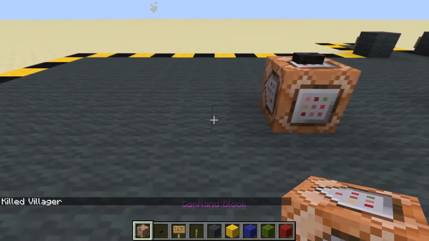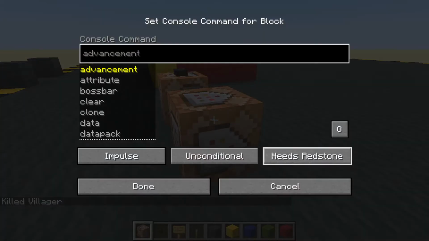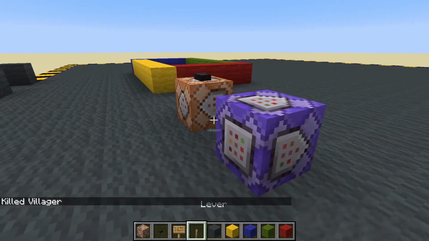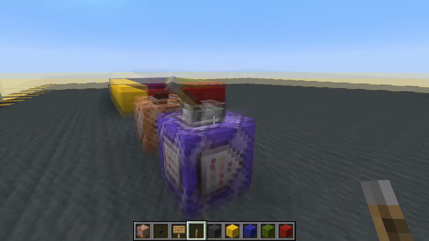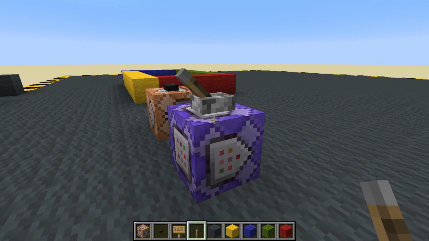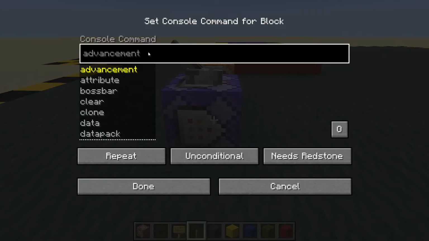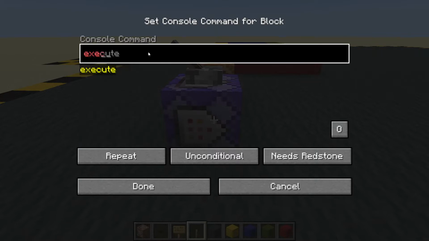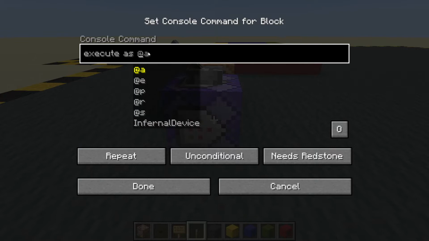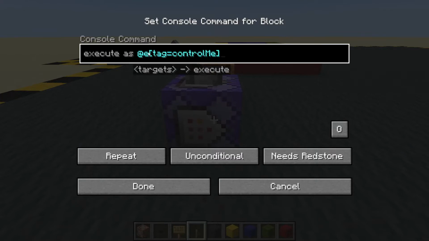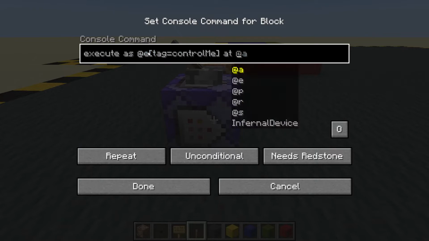Now, let's make him move. So we will have a repeating command block which needs redstone. I always like to put needs redstone so you can turn things on and off if you need to. You don't want to have lots of command blocks running. And we are going to execute a command at that villager. So we will execute as any entity or all entities whose tag is controlMe at the person running the command, so at that entity,